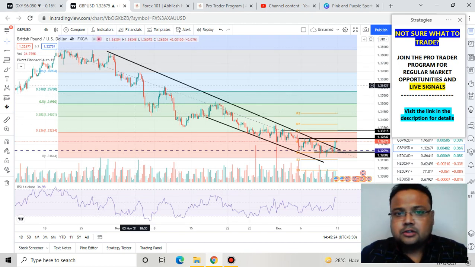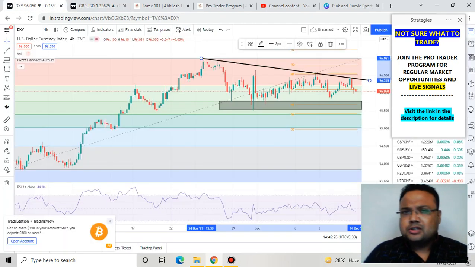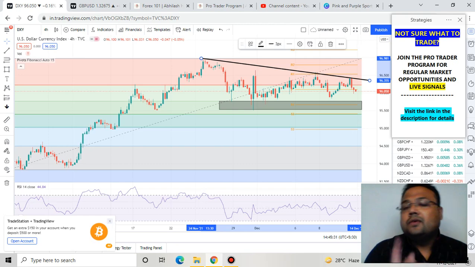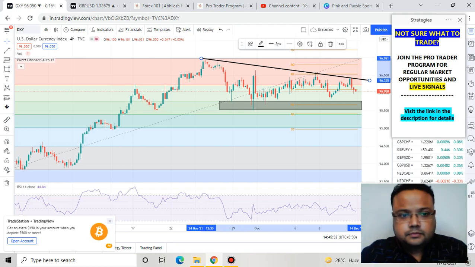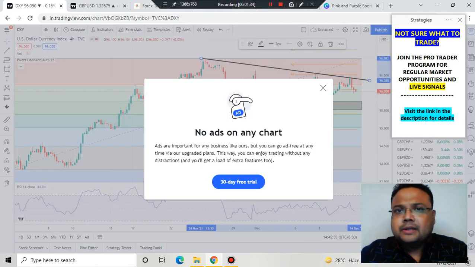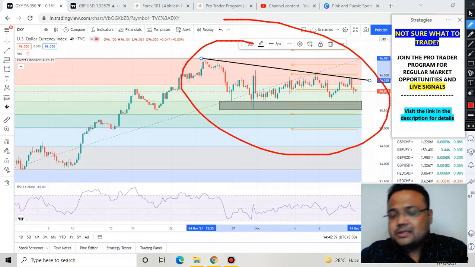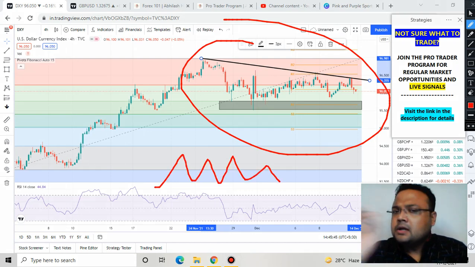Before jumping into the chart of GBP USD, let's talk about the chart of DXY US dollar, because if you want to trade on GBP USD, you must know what is going on in the chart of US dollar DXY. If you just focus on the present trend of DXY, we can see that right now market is sideways. There is no doubt that the present trend of the market is sideways. It means that number of buyers and sellers are almost equal.